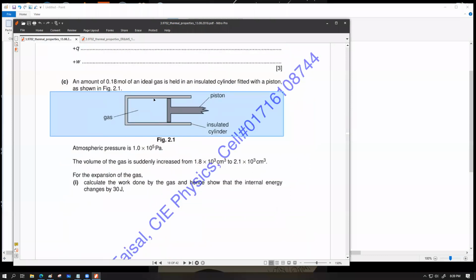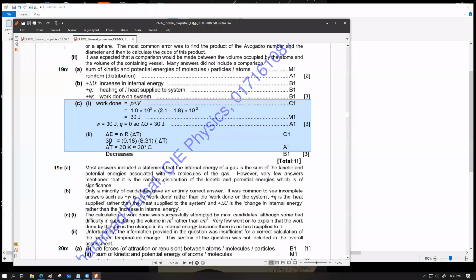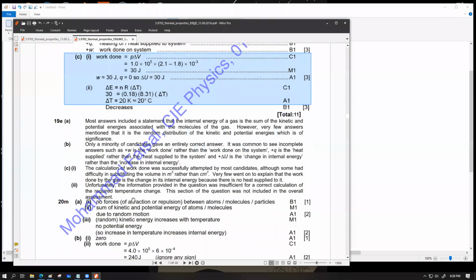এই পুরো কোশ্চেনে কি গ্যাস আছে? 0.18 মানে দেওয়া আছে স্যার। PV equals nRT আর মোল নাম্বার দেওয়া আছে অলরেডি। PV equals nRT আর W equals to delta PV, ওই দুইটা কম্বাইন করেছে তো। না, আমি বলি তোমাকে, ওরা এই ক্যালকুলেশনটা দেখাইছে, বাট আলটিমেটলি হচ্ছে আনসার ইজ দ্য ইনফরমেশন প্রোভাইডেড ইন দ্য কোশ্চেন ওয়াজ ইনসাফিসিয়েন্ট ফর কারেক্ট ক্যালকুলেশন অফ দ্য রিকোয়ার্ড টেম্পারেচার। দিস ইজ দ্য কোশ্চেন ওয়াজ নট ইনক্লুডেড ইন দ্য ওভারঅল অ্যাসেসমেন্ট।